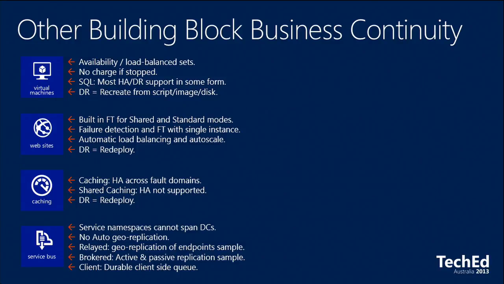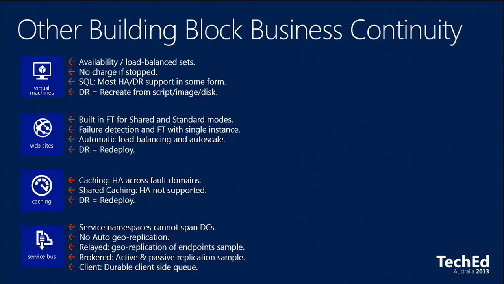So for Service Bus, you cannot use service namespaces that span data centers. When you create a service namespace, it's for a single data center. We also don't have any automatic geo-replication of the data, which means it comes back to you to do it, all right? And there's kind of three considerations that you need to do, whether you're doing relayed messaging, brokered messaging,